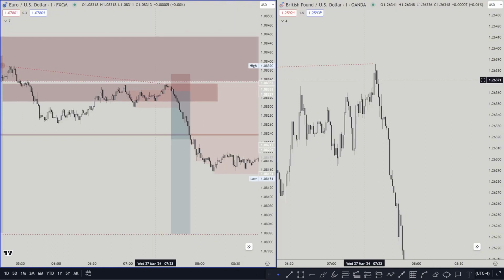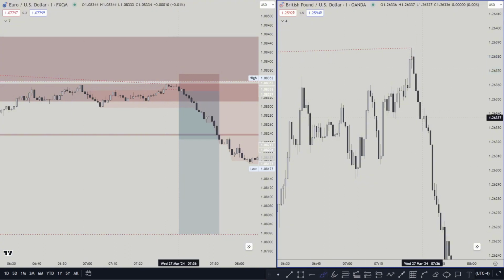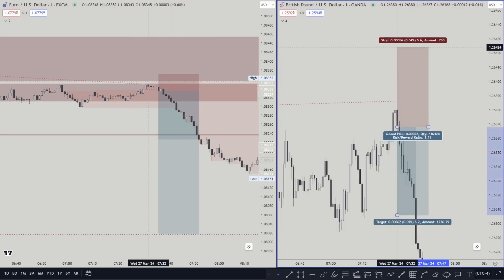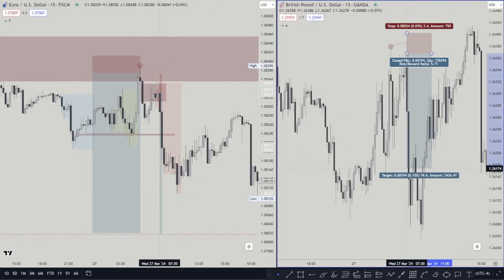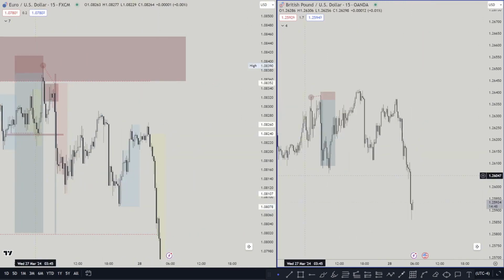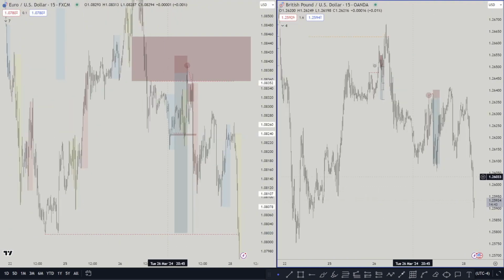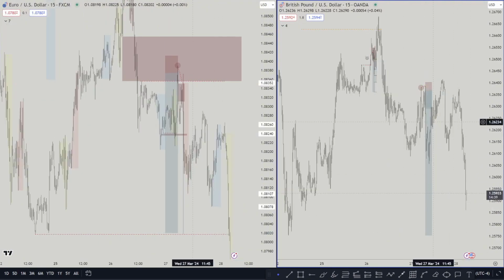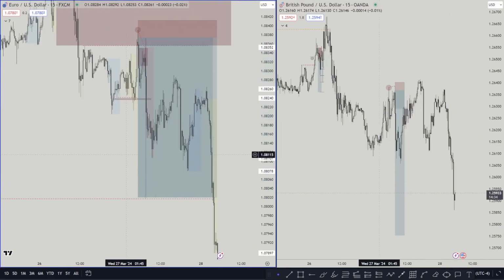Now, again, taking a look at GU, what happened is the creation of a liquidity sweep and then a change of state delivery on this, because that's the last bullish candle. We close below here. That's also another entry. Again, about 3 pips. What I targeted here on the 15 minutes is a clear target of GU. It was this low. Because the condition between EU and GU was a little different, I did not aim for the same low, this one. And you see, until now, it's not taken. However, on EU, it was taken very clearly here, and I trusted the process.